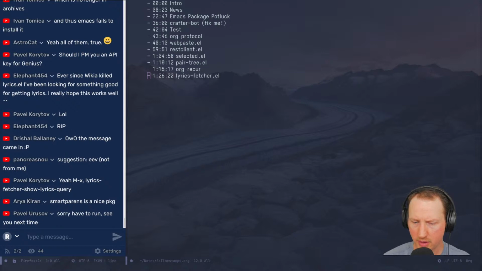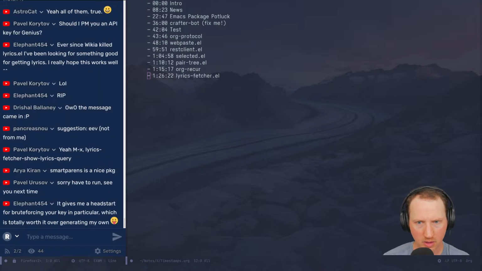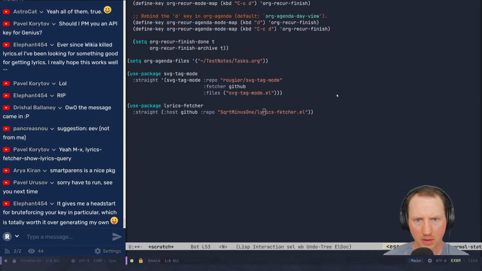Super I. setq lyrics Genius access token. I'm gonna paste that in. Okay. And now if I pull this back over to workspace 1. Come on. Oh, you gotta do the same thing again. Okay, now let's do Super I.